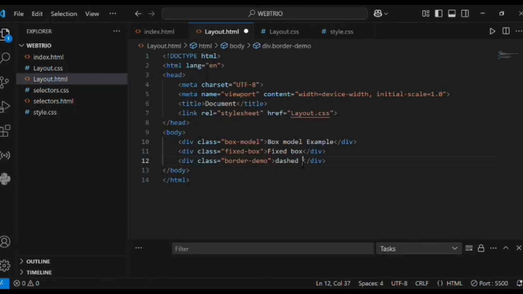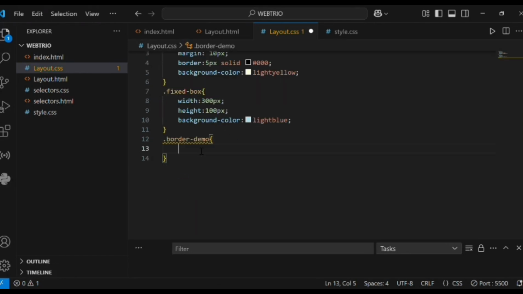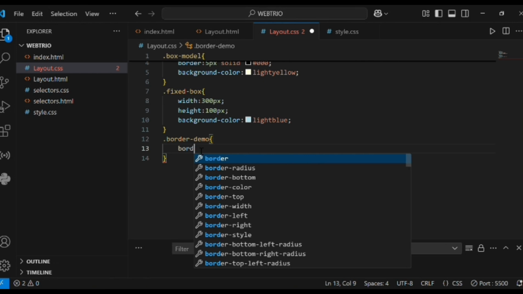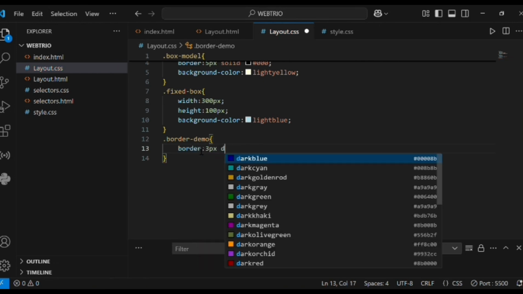Dashed border box. Now style that border demo: dot border demo, border to 3 pixel dashed red,